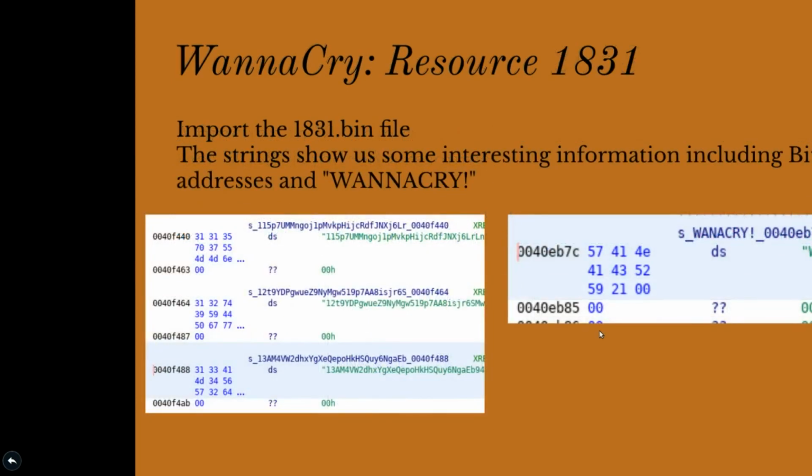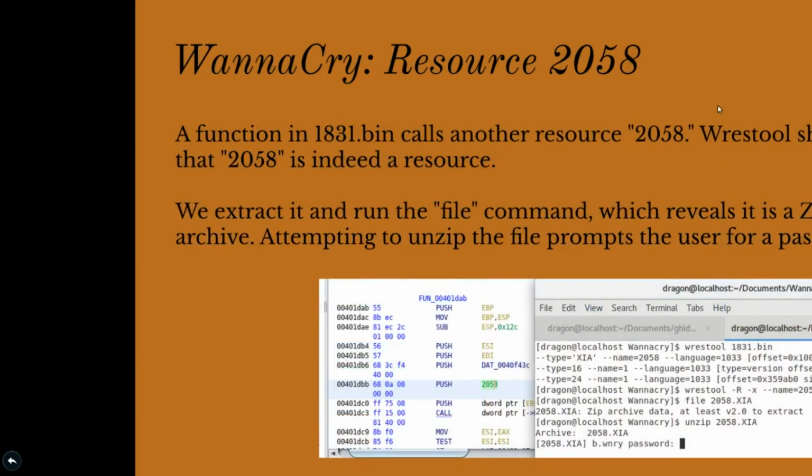And after looking at it further, we were able to figure out that resource 1831 calls another resource, 2058. So a function in the 1831 bin calls another resource, 2058. Again, using the REST tool shows us that 2058 is indeed a resource being used within 1831. So we extracted it here to